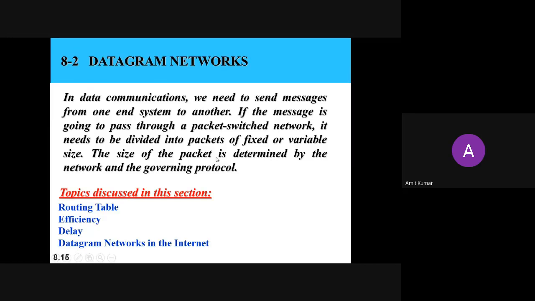So here the main issue is you are not reserving the resources. So lack of reservation will produce some extra delays. For example, say you went to some restaurant and you have not reserved your table. Now the restaurant is full, so you need to wait for your turn. But if you reserve earlier, you can get the table instantly.